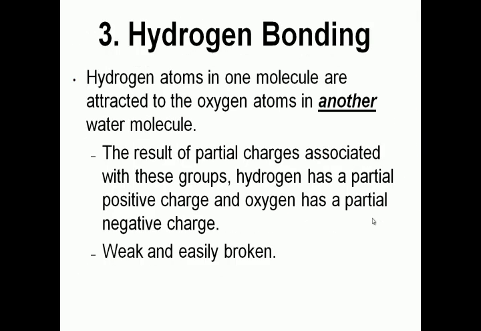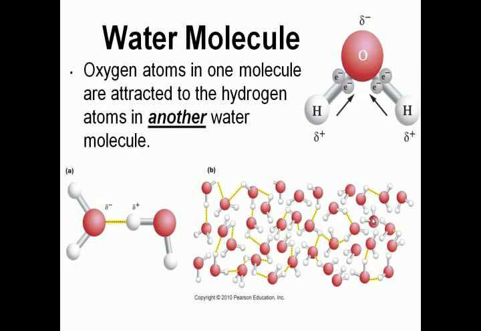The last type of bond that we want to talk about is perhaps the most interesting, and it's referred to as a hydrogen bond. Hydrogen bonds are formed when hydrogen atoms in one molecule are attracted to oxygen atoms that are found in a different water molecule. And so the key to understanding hydrogen bonding is understanding the concept of polar covalent bonds. So let's take a look at a water molecule and explain why the bonds that hold water together are polar